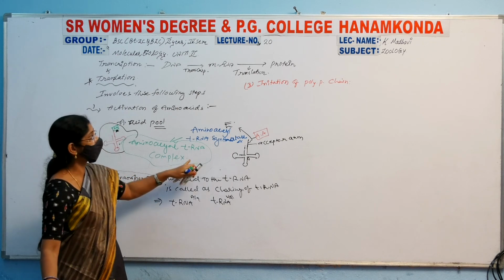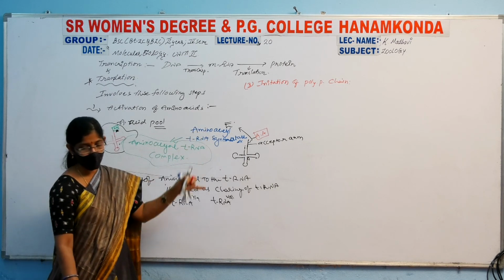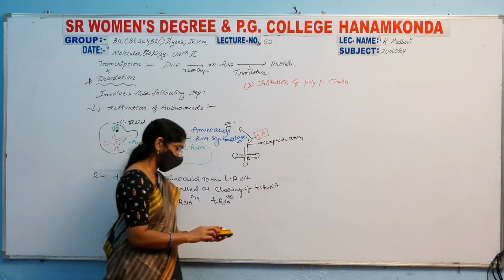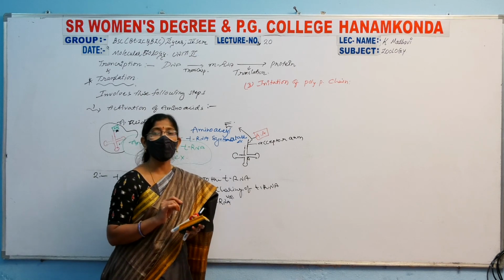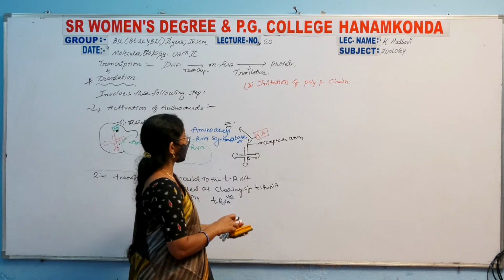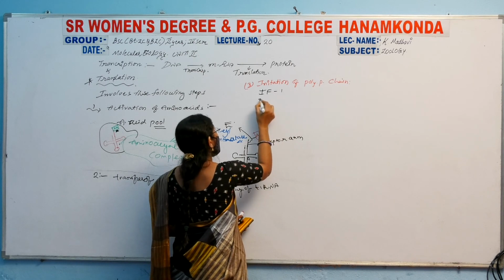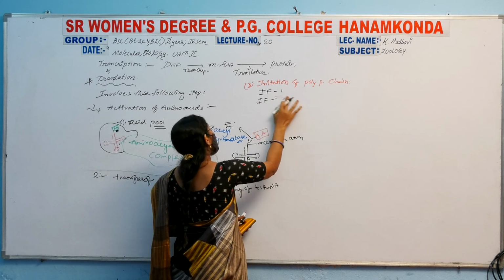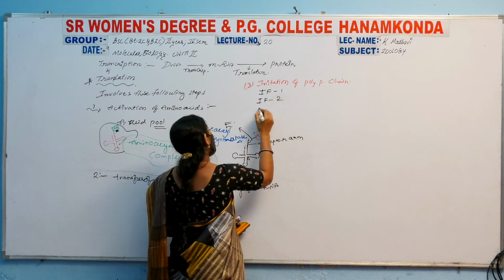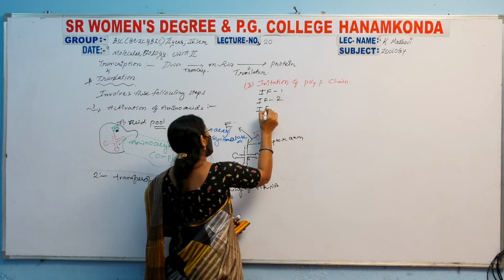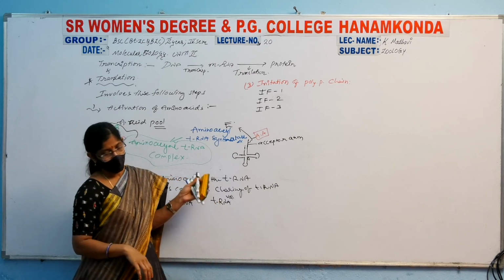The next process is initiation. In the initiation of polypeptide chains, in prokaryotes and eukaryotes, there is the presence of special types of factors. Those factors are initiation factor 1, initiation factor 2, and initiation factor 3. Sometimes it is written like this also. For our convenience, we will write it like initiation factor number 3. Such types of factors are present in the initiation.